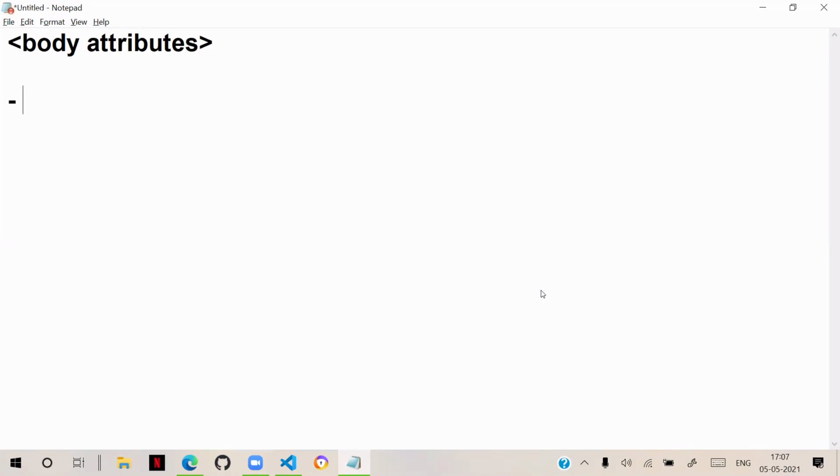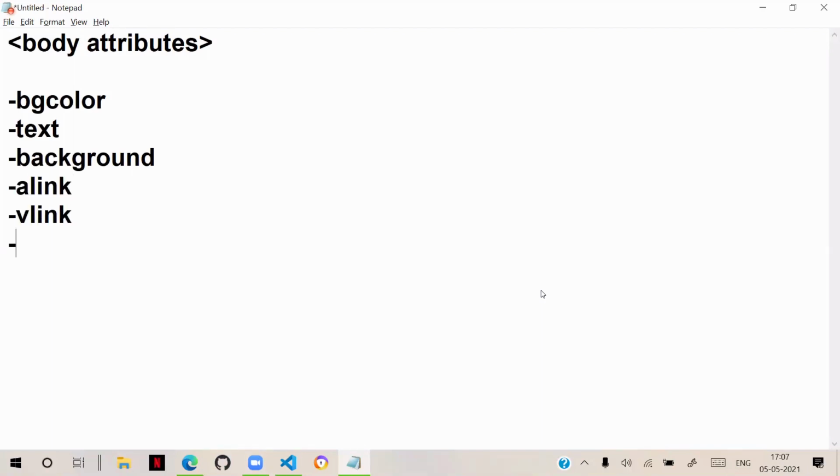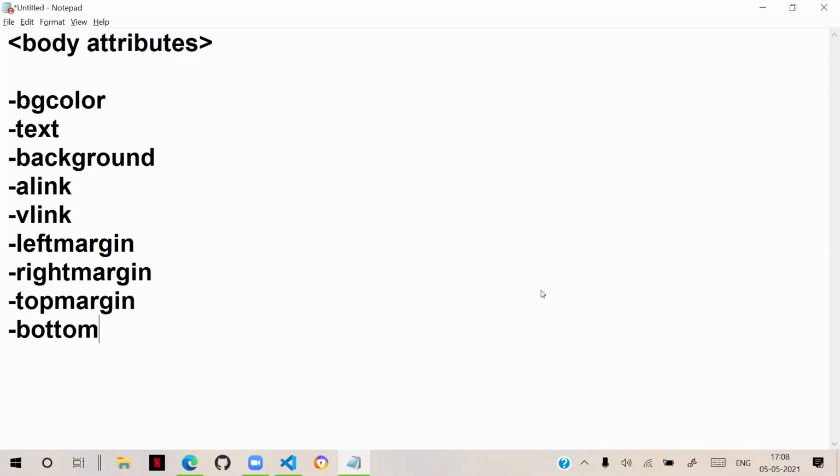Generally, the body tag attributes: we can define BG color, we can define text, we can define background. We can configure link, vlink, and we have margins: left margin, right margin, top margin, bottom margin.